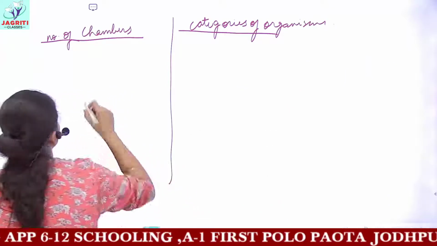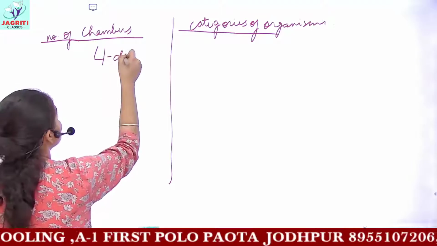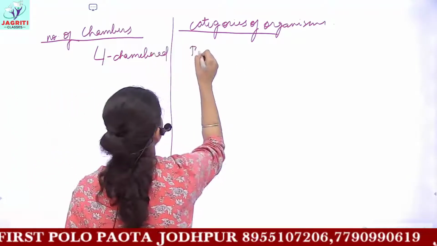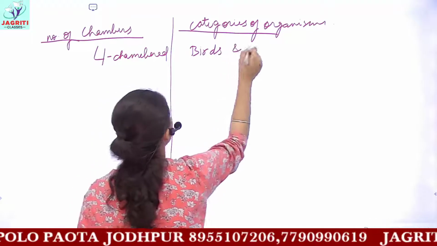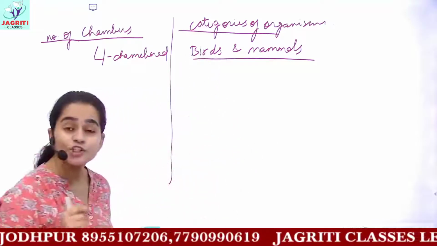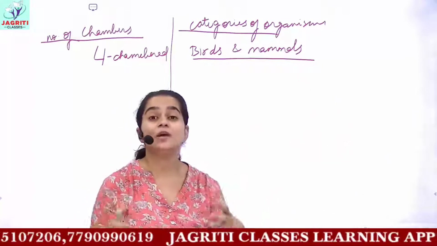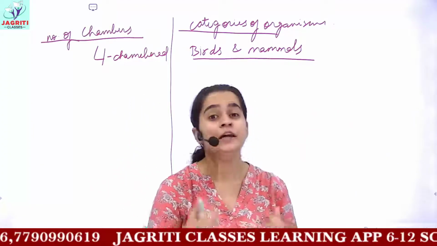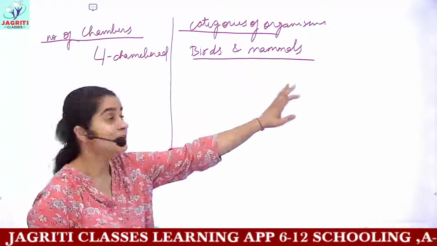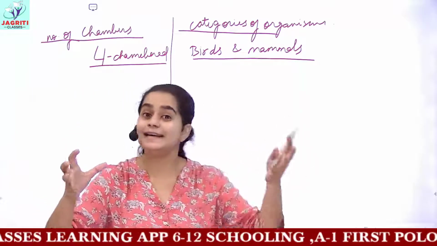If we are talking about the four-chambered heart, such a heart is present in humans, mammals and birds. So the four-chambered heart is found in birds and mammals. And why do we have four chambers of the heart? Because these complex organisms, birds and mammals, require a very high amount of energy to perform their day-to-day activities and to cope with their daily needs. In turn, this four-chambered heart separates the oxygenated and deoxygenated blood.